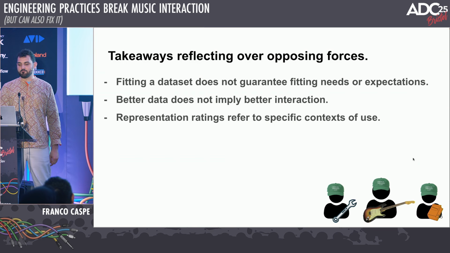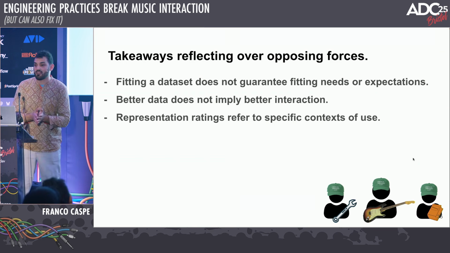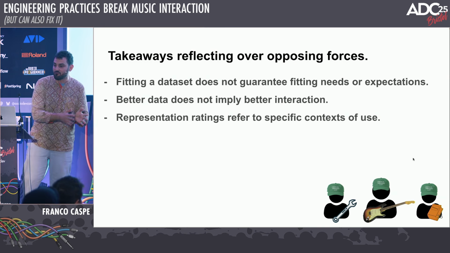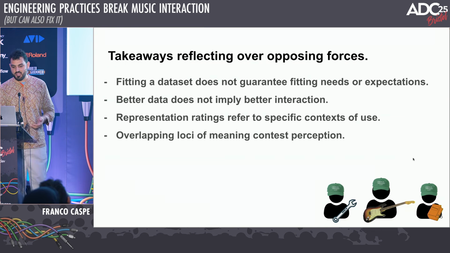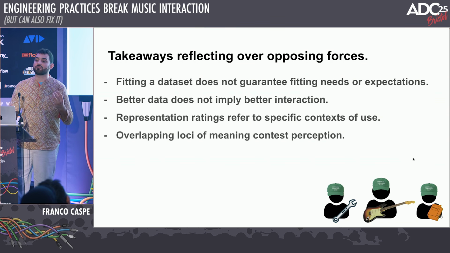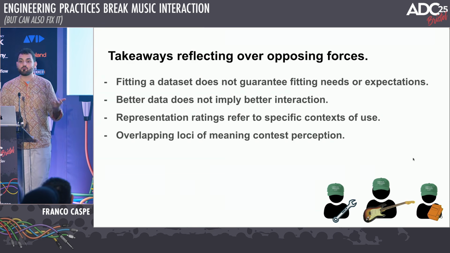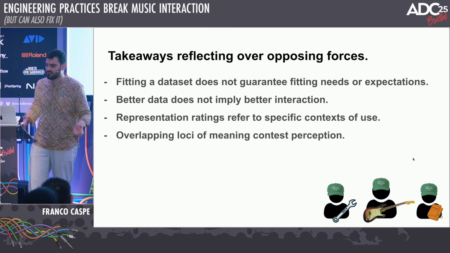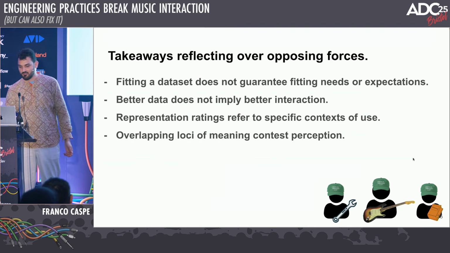Love it. So they refer to a specific context of use. They are local, which means that they may work really well in one situation, and they may fail completely in another. Remember that every time I put in a representation, I'm enforcing a locus of meaning, a locus of perception, something that the system wants to see. And if it doesn't see that, it gives me nothing. So that will compete against the musicians who are trying to play it. And that may actually coerce musicians to start playing the way the algorithm wants.